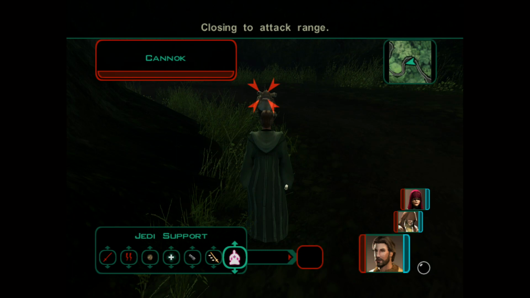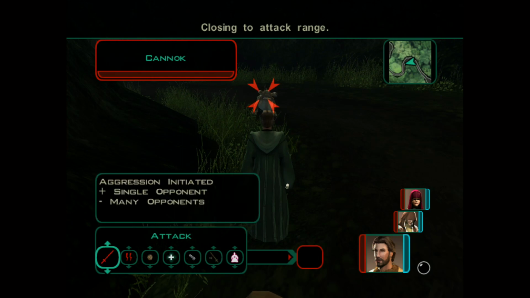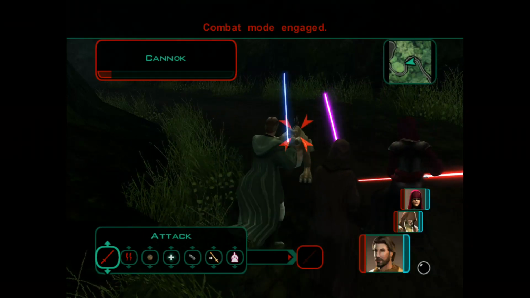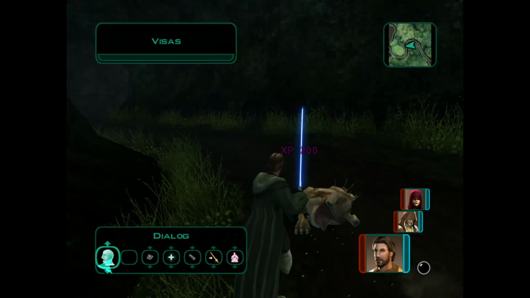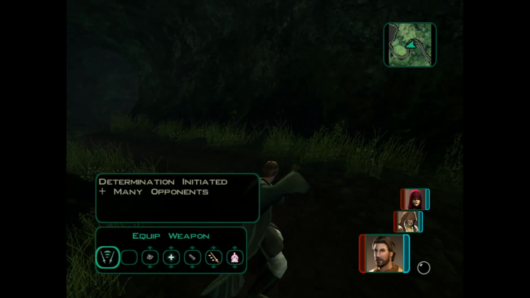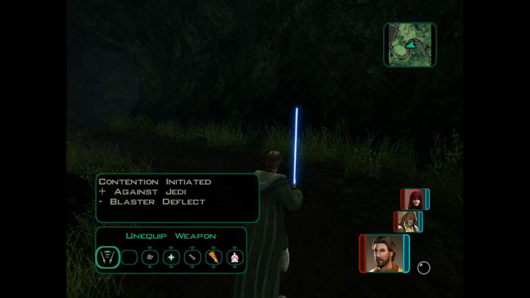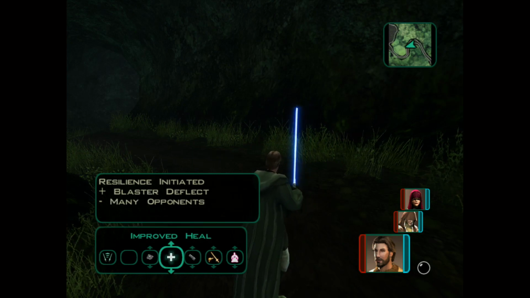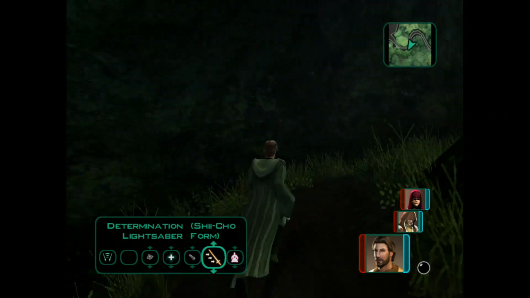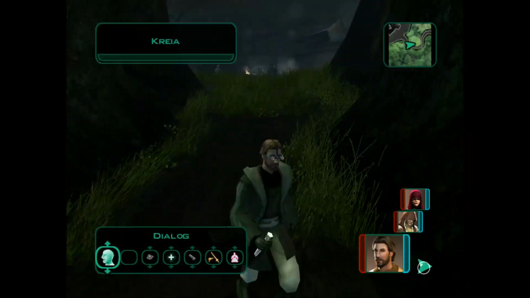Before we carry on, where do you find the different... Here we go. KOTOR. You know, that's probably why I was dying, because I was in the wrong bloody lightsaber stance. So does it actually change? I'll bring your weapon back out. Makashi. Oh, he doesn't actually change his combat stance. Oh, that's a shame. But then, I suppose they did have a limited schedule here, so...